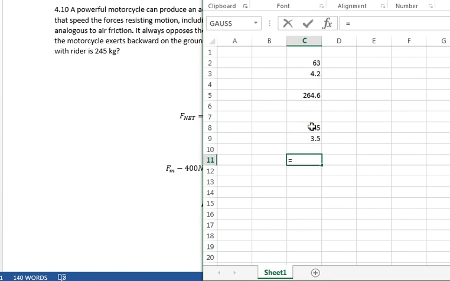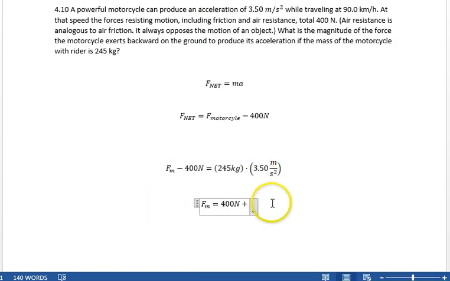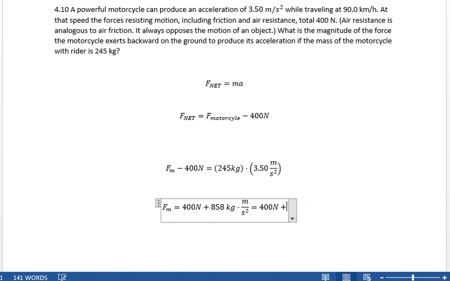We just want their product. That's 858, right? 858 kilogram meters per second squared. Now, kilogram meter per second squared is just a newton, so this is 400 newtons plus 858 newtons